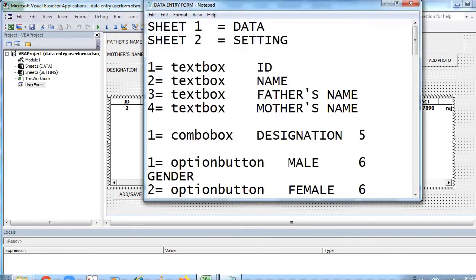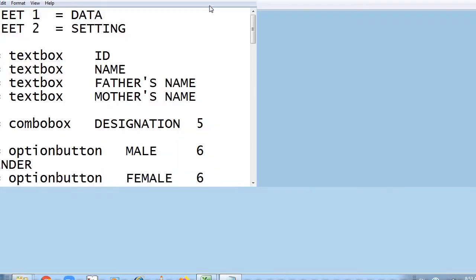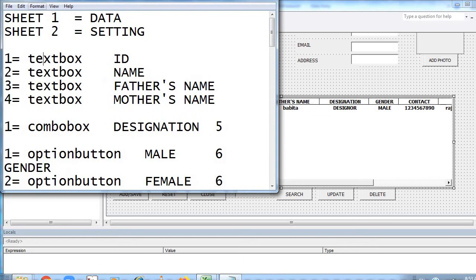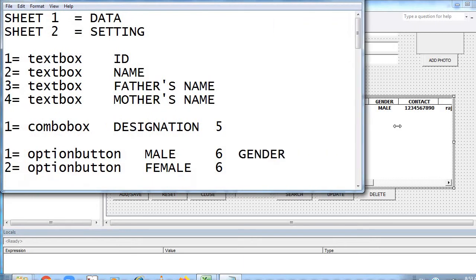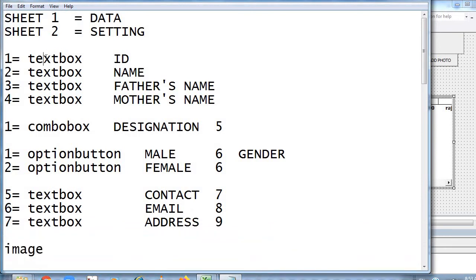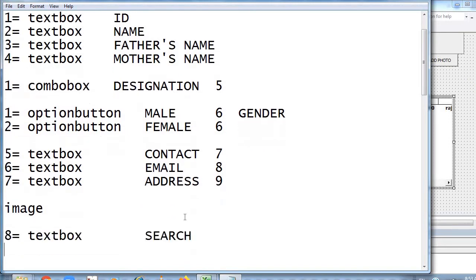Text box 1 is the ID, text box 2 is the name, text box 3 is the father's name, text box 4 is the mother's name. Text box 5 is the contact, that is your column number 7. Text box 6 is your email, text box 7 is your address, and text box 8 is your search.